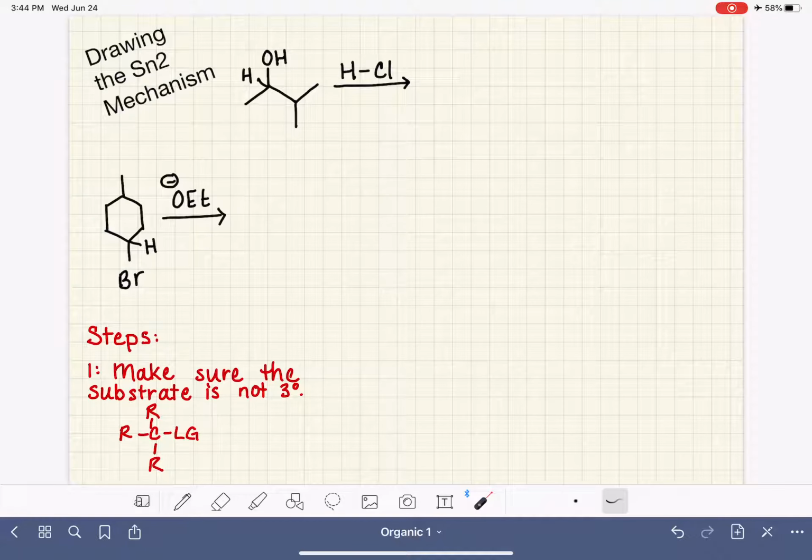You might be wondering, when I look at this molecule, how do I know where the leaving group is? The leaving group is typically the only part of the molecule that's not carbon or hydrogen. So in this case, the bromine is a leaving group and the OH is a leaving group. So once you have verified that your molecule is capable of undergoing an SN2 reaction, the next thing that